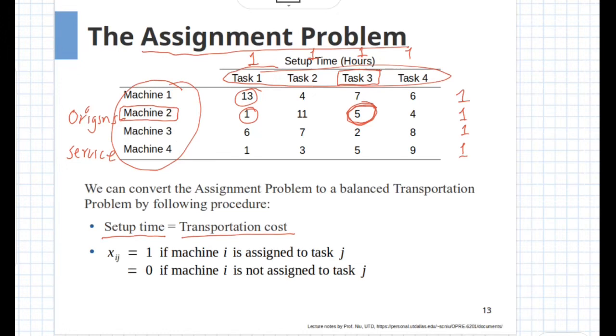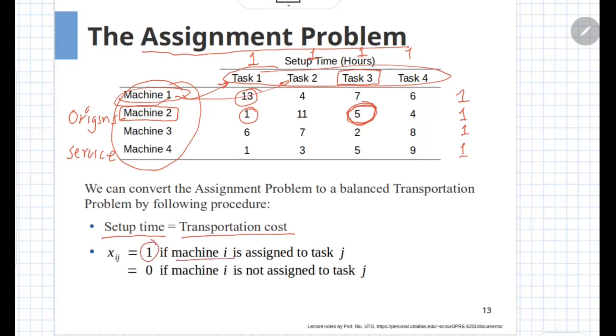Now we have to talk about the quantities which are dispatched from origin to destination. In this case, the quantities are nothing but the services, and each service can be supplied only once. That is, each machine can satisfy only one of the tasks. So each quantity getting transported can be either 1 or 0.